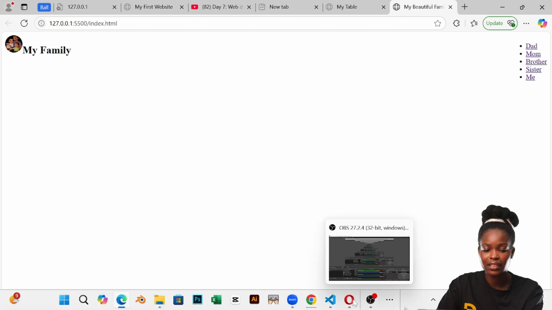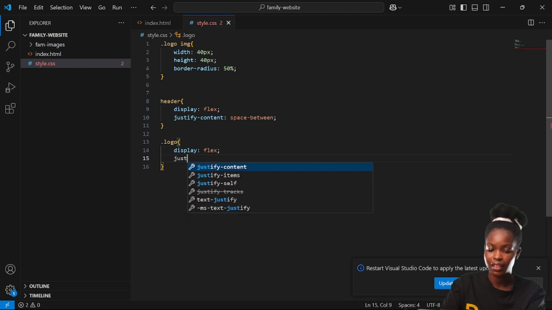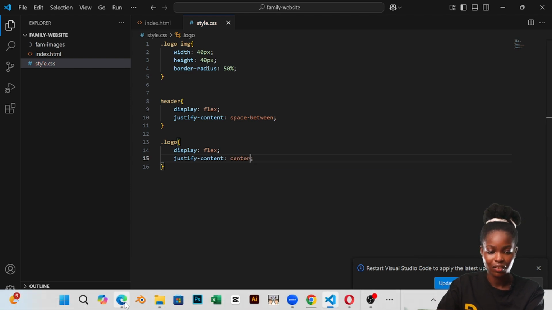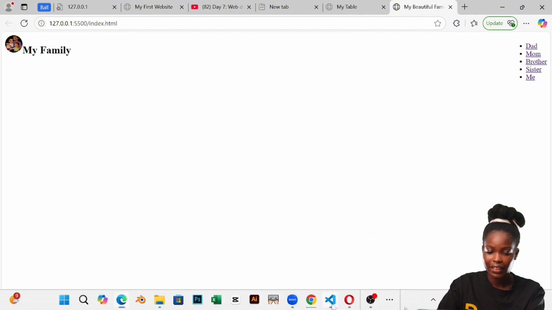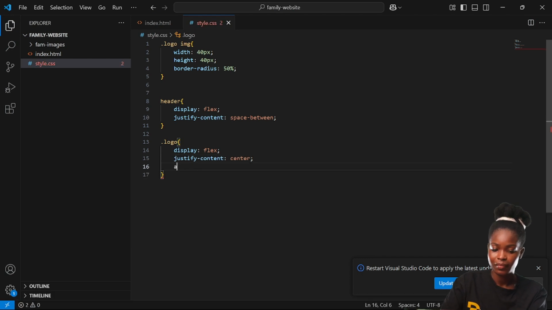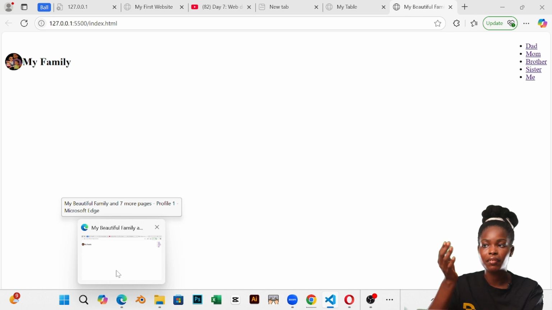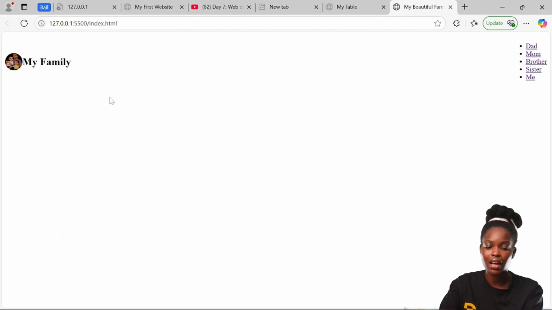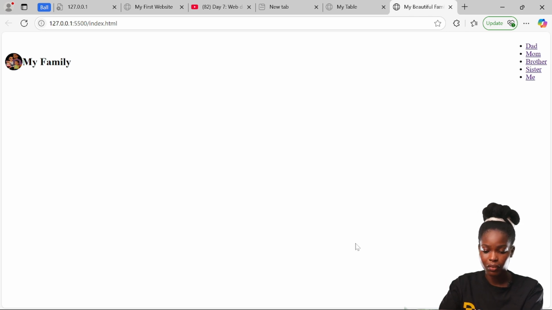We'll say justify content, justify content. Let's say center. Let's see. Okay. The next thing is align items center as well. Let's see what it looks like at this point. Now it's getting aligned. But one thing I don't want is the extra space it's giving me. But don't worry, we'll get rid of it. I don't want to have any extra space, just like how we got rid of the extra space we had when we were creating the normal nav bar that doesn't have the header right next to it. I will do that later, but for now,